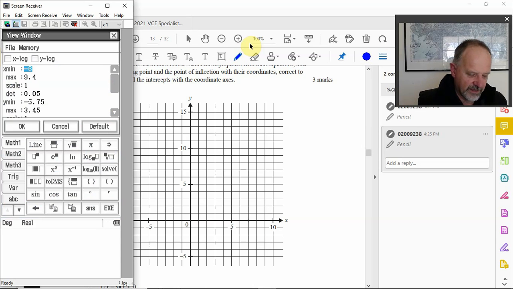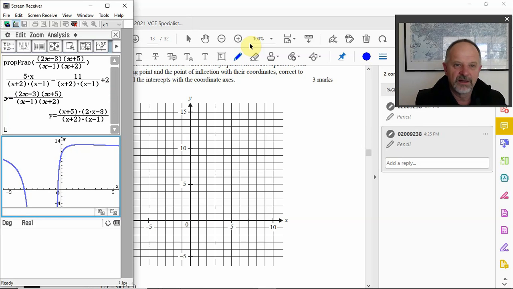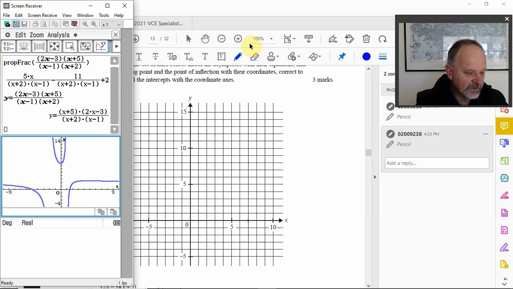What do we want? We want the minimum x to be -10. We want the maximum x to be 10. Scale I'm not overly fussed about, but we want our minimum to be -5 and our maximum to be 15. Okay, so that they then match what we've been given. All right, so we're going to chop backwards and forwards between that. So first of all, let's go back to our